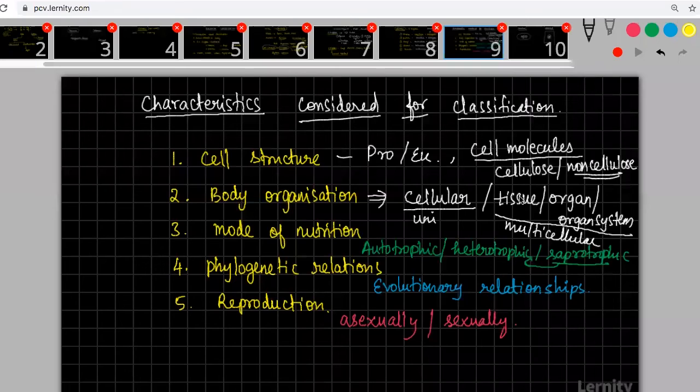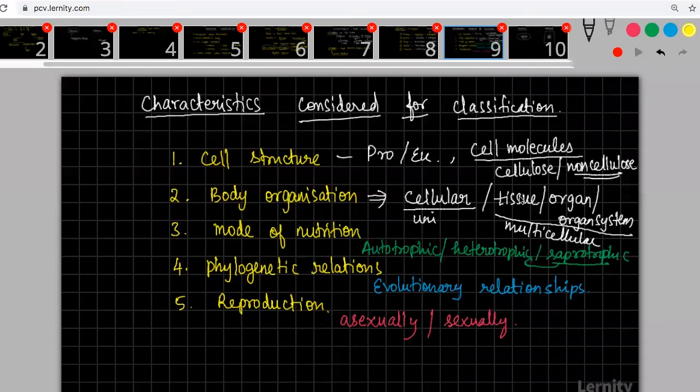Yes, he did consider oviparous and viviparous under reproduction. Yes. So that is also one more thing. Which means what I'm trying to tell is that these are the broad criteria which he was trying to classify on. So inside one of these, you will have many subtypes. There are some things which are autotrophic, but still inside that there will be an autotrophic plus heterotrophic mode. Similarly, based on the properties only he has classified. But the broad consideration that he has taken for classification is the cell structure. Even in cell structure, you can also talk about anatomy of a cell. About the chemical makeup.